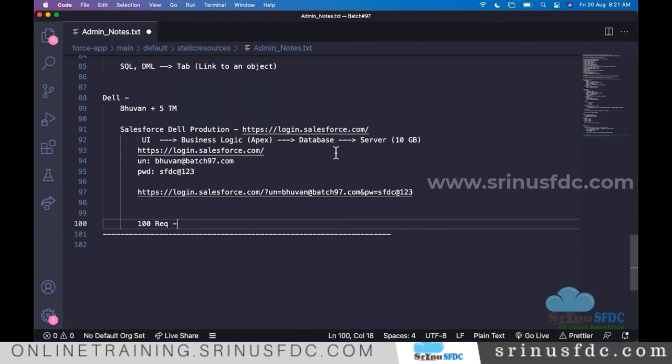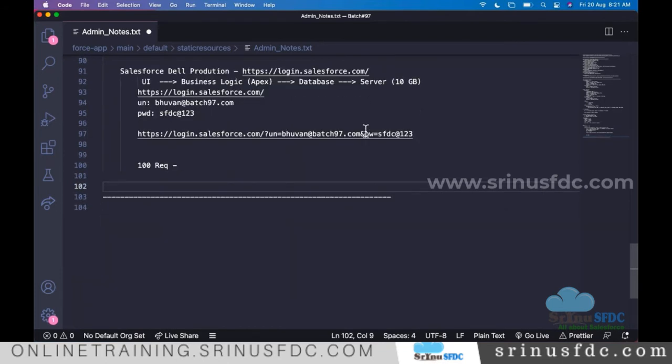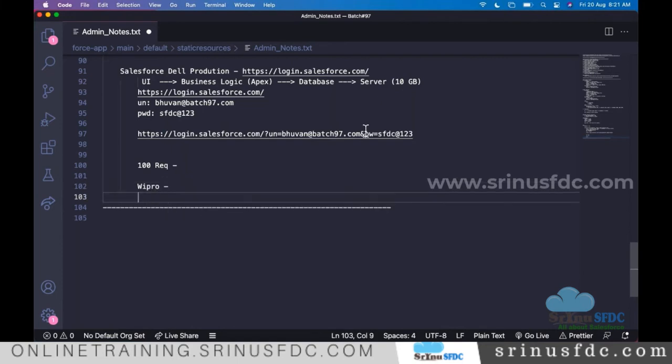Okay, but Dell company, let's say they don't have a Salesforce IT team. So this company invites some of the service-based companies for bidding, like Wipro, TCS, right? Let's say Wipro, one of the service-based companies, won the bidding. Now, let's say we get a job in Wipro, right? If you get the job in Wipro, then you will be allocated to this Dell project. So we need to work for the Dell client. We are the employees of Wipro, but we work for the Dell project, to help achieve the 100 requirements.